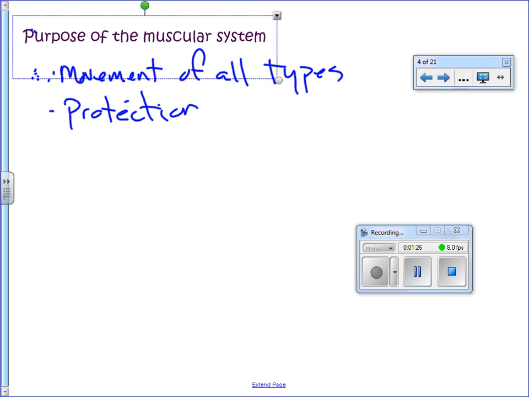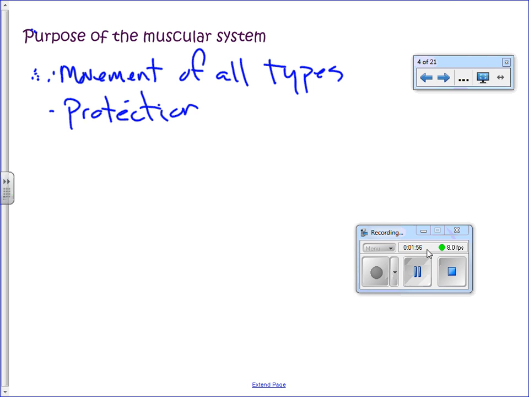Remember, the skeletal system provides protection. Very obviously, the skull and the rib cage are protecting things. But in places where you don't have bone, you've got muscles around your abdomen, you've got muscles on your legs. Most of your big arteries and veins are deep underneath the muscles. And so there is an element of protection of organs as well.